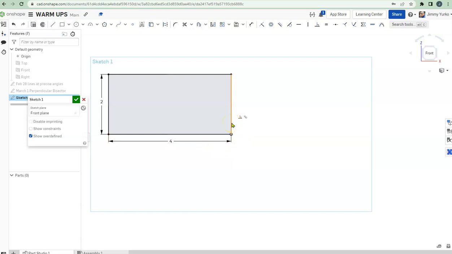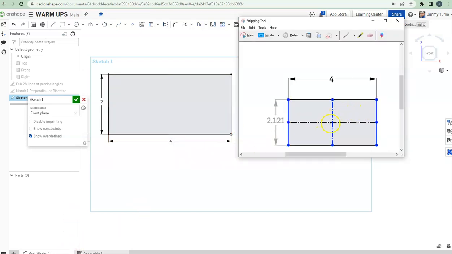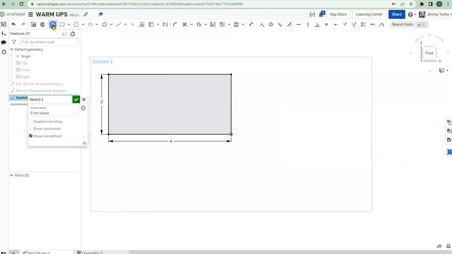My next job is to add those construction lines in the center. So let's go ahead and do that. I'm going to use the line tool now. I'm going to move our mouse along the top or bottom edge until we find a square that pops up with the midpoint symbol next to it. And the midpoint symbol is that line with the dot in the middle. I'm going to click and release, and then move the mouse downward so that you can see the vertical constraint, and then we're going to find the midpoint on the lower